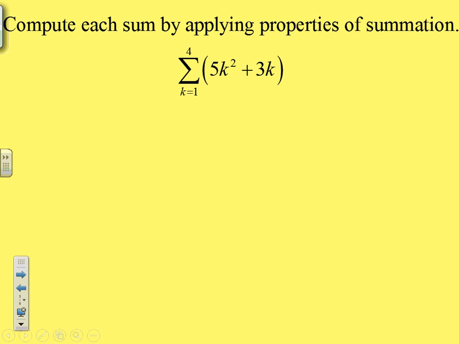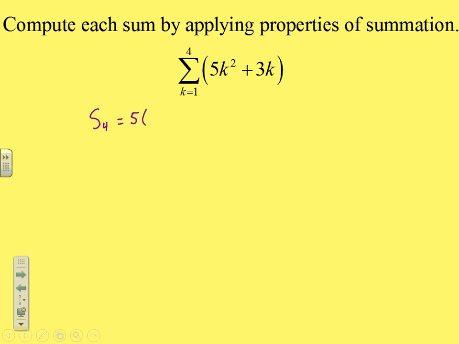So let's take a look at another one where we're asking, how can we use that? That last number is no longer just a number by itself. It's a number times a variable. Well, let's see what that does. We'll still use the second property and the third property at the same time, where I can take the 5, distribute it out of the overall sum, and multiply it by whatever the first